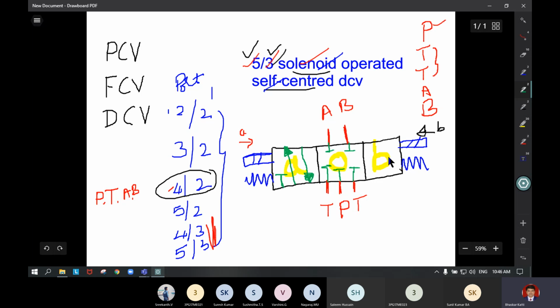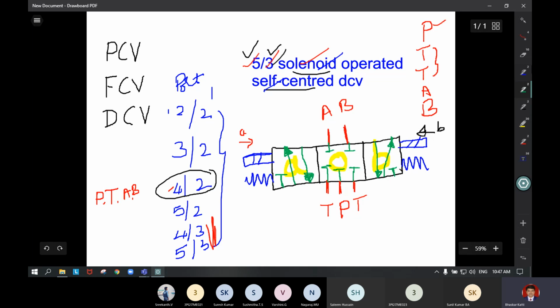Okay. On the other side, when you activate from B, so B comes here, the P line should go to the B port. Corresponding points on the other box you have to write. Then from the A port, it is connected to the T port here. And one more T, it is closed.